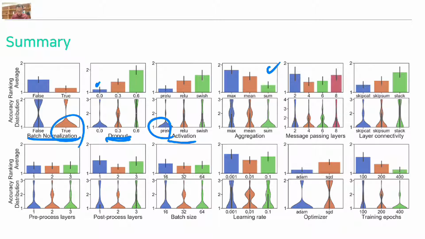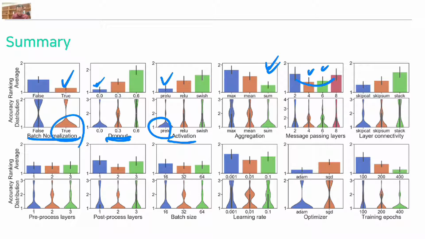For the number of message passing layers, which is the number of GCN and GNN layers, 4 and 6 are better, but we don't have a general choice, so we have a sort of mixed opinion here. So far we have a general preference: true batch normalization was better, zero dropout rate was better, PReLU was better, sum is better,